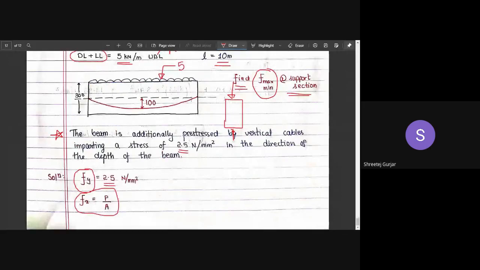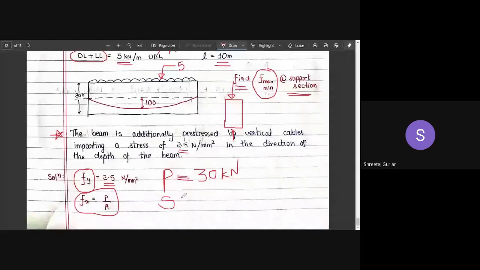So suppose 30 kilonewton is the vertical pre-stressing force which is applied to the stirrups, and the spacing of the stirrups is, say, 100 mm center to center. They will mention it in this format, 100 mm center to center. Now remember these two values. Now I'll tell you the formula to convert these values to your Fy.